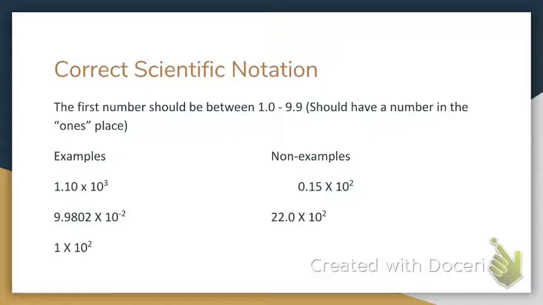Essentially, the ones place is always represented. So in this case, there's always a number in the ones place. The first number always has a number in the ones place, and then it might have some decimal places after. These are non-examples over here because, as you can see here, there's a 0 in the ones place, so